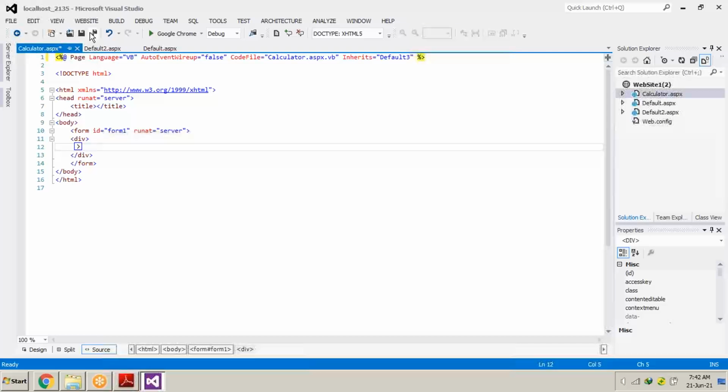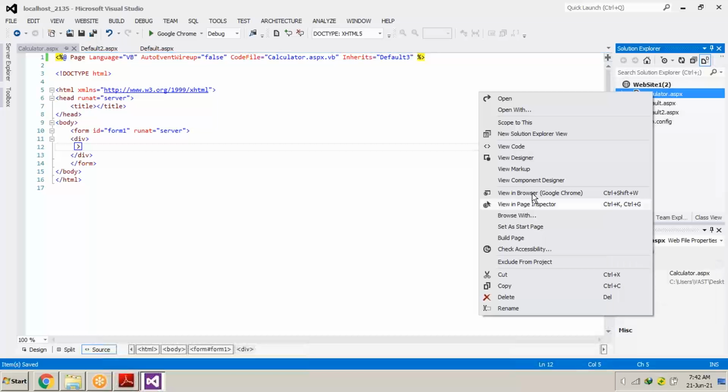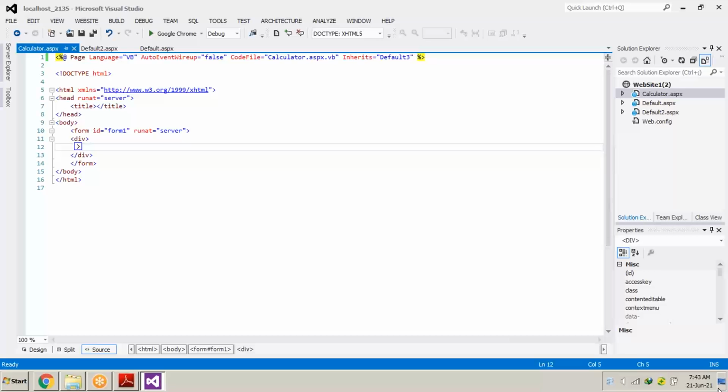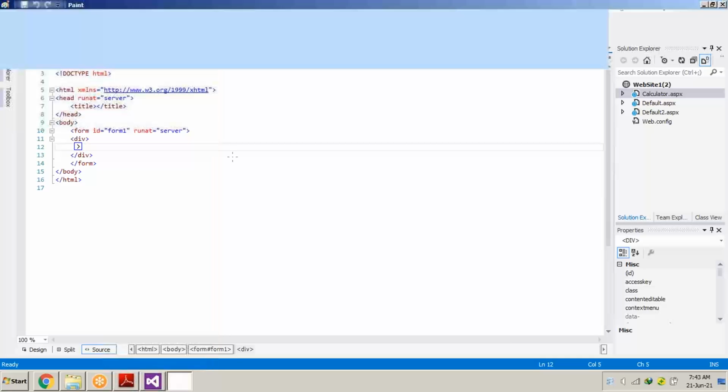Now here in this calculator, if I just right click and view in browser, this particular page will be blank because I haven't designed anything in this page. You can see it, calculator.aspx. We will do it on screen. Now what we do, we will go to the design time. In the HTML part, we will be designing a calculator. How to design a calculator? It's very easy. Okay. Now let me draw the calculator first inside a brush. Okay, it is very simple.